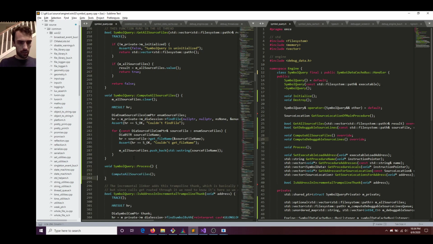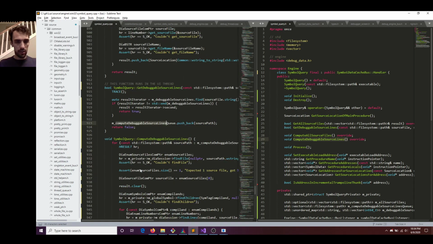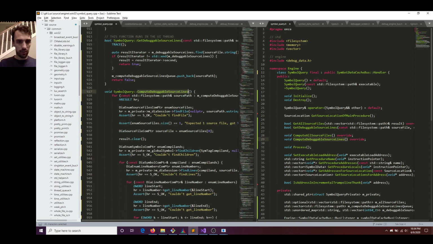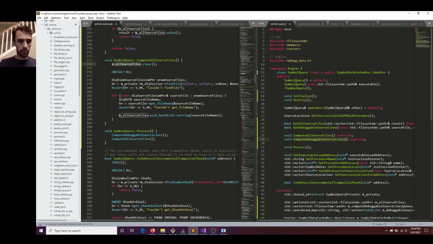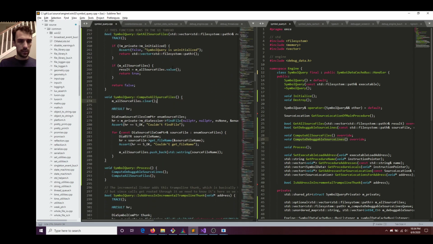Okay, and then we'll put this there, and we'll also put this here. So this is the most naive version of it, where it just computes everything all the time. Compute debugger, so that's fine. And then this one, all source files. I guess I have to say,